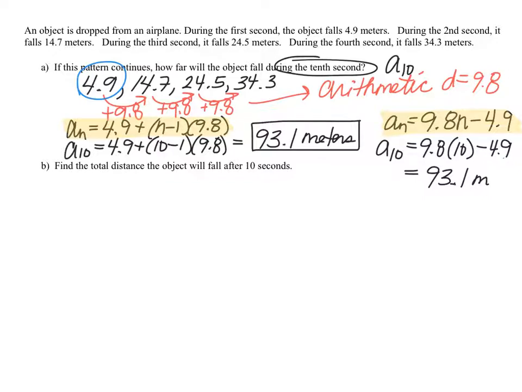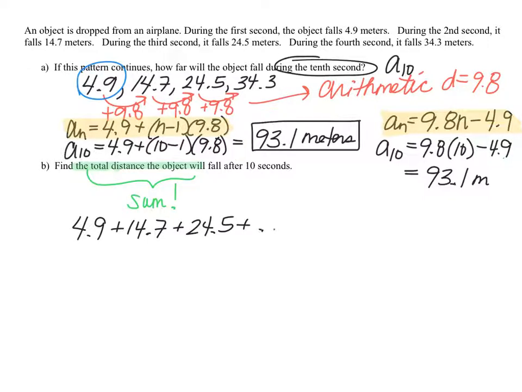Now for part B, it asks us to find the total distance that the object will fall. So this is a bit different because total distance in this case means that we're actually trying to find a sum. In other words, we want to take the distance that the object fell in the first second, which was 4.9, add it to the distance that the object fell in the second second, plus the distance that the object fell in the third second, and so on. And we want to continue doing that for the first 10 seconds. So we've already established that it was an arithmetic relationship. So once we know